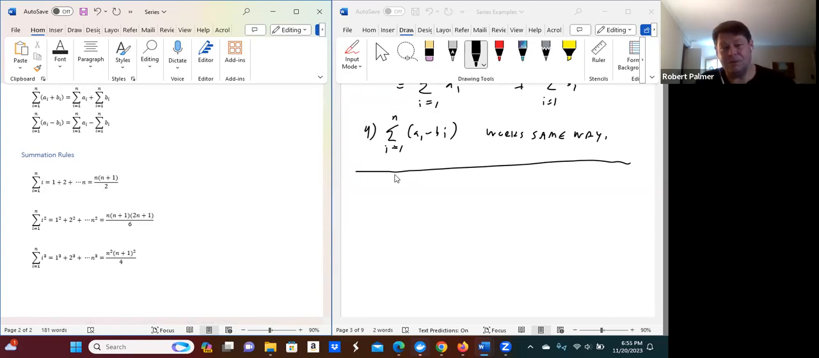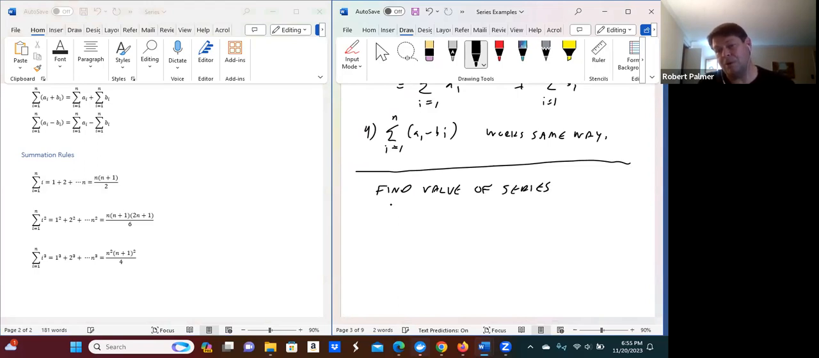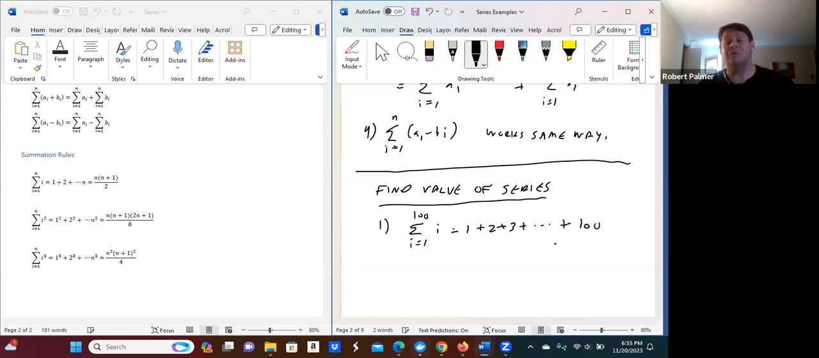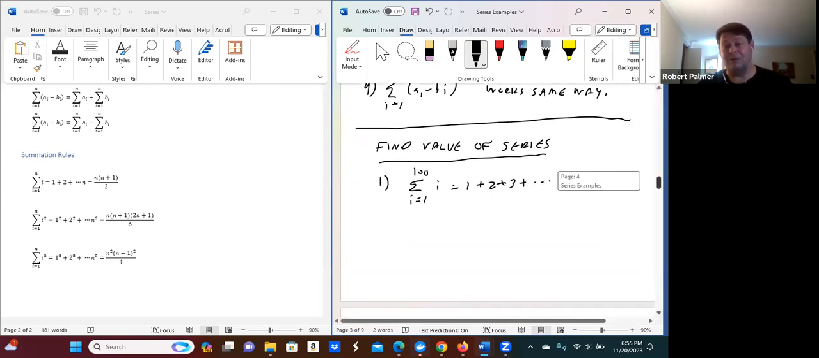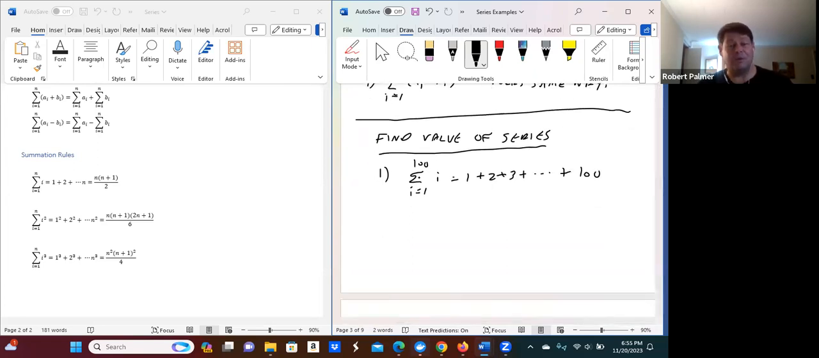Okay, so let's do some more examples. I'll just say find the value of the series. Number 1, let's do this. If we wanted the sum from i equals 1 to 100 of i, of course that's going to be 1 plus 2 plus 3 plus dot, dot, dot, plus all the way up to 100. Now, obviously that would take a long time to add all that up, but according to